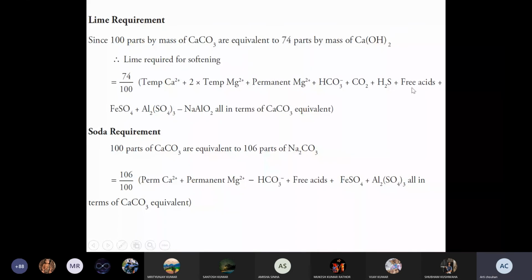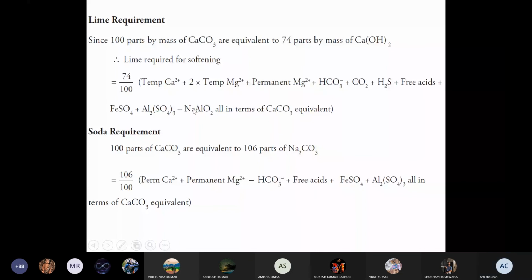Then any type of acid that is there has a requirement of 1L plus S. So we are putting the value here, the free acids value. And the same is the case with the coagulants like ferrous sulfate and aluminum sulfate, all of these use L plus S. So we have that value L here. And in the case of sodium aluminate, NaOH is being produced, so that much amount of calcium hydroxide or lime you have to subtract for calculating the requirement. Okay, so after putting all the values here, you will be able to get the requirement of the lime.